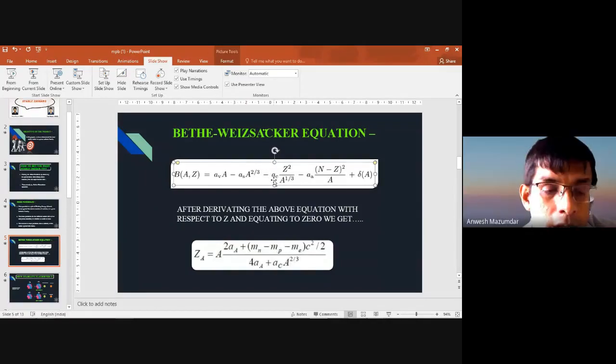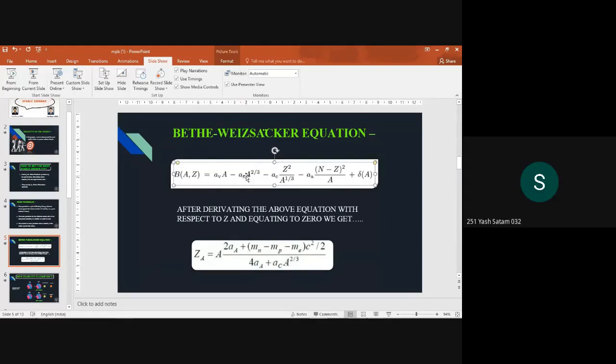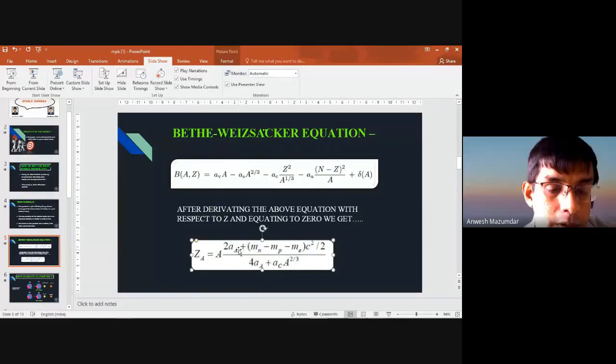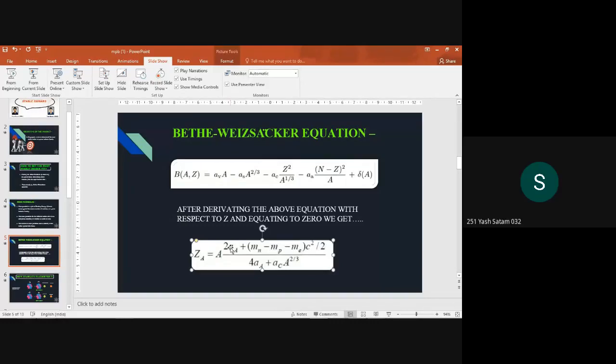Yes, I understand that. But these are values that you again obtained from somewhere, right? So we are not using this equation, we are just using these constants. My question is, what did you do with this second equation? You obtained this ZA. What is ZA? ZA is the atomic number, the atomic number for the most stable isobar.